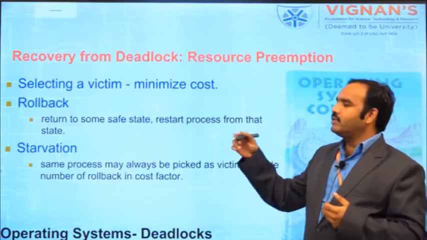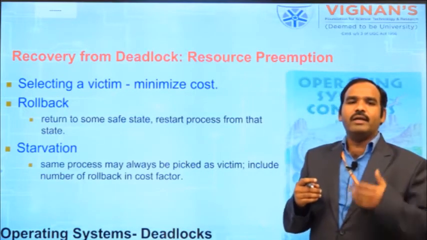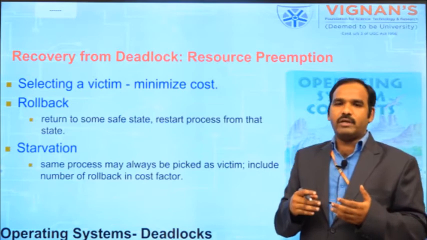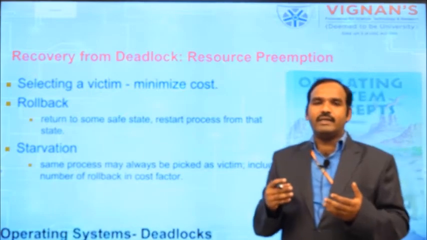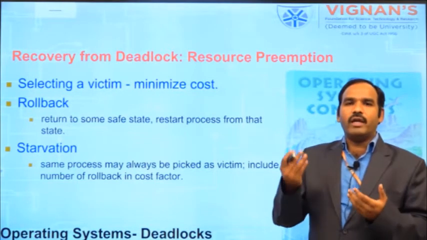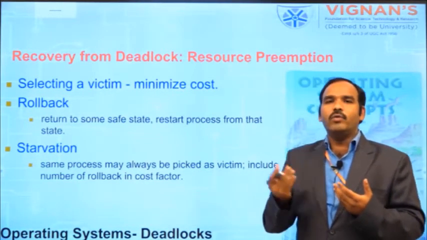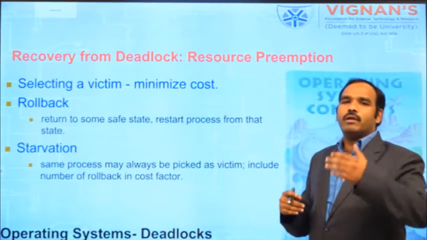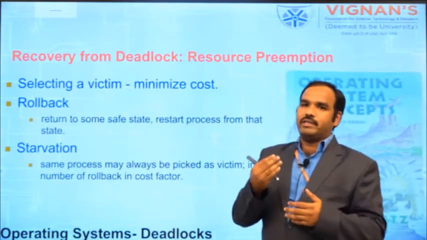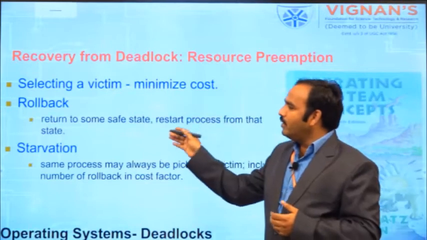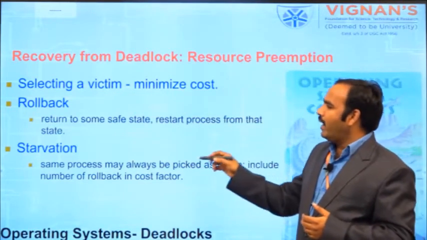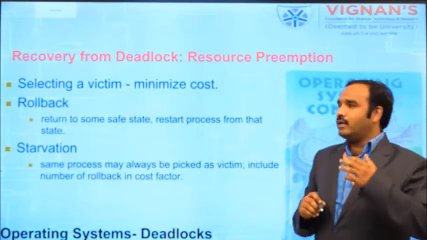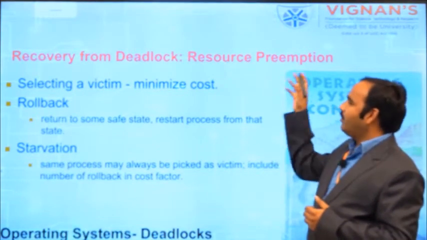And second way is rollback. So whenever the deadlock is detected, during the execution of every process, we will maintain the states of a process. Once the deadlock is detected, then apply the rollback. When you want to take the resources from that process, you apply the rollback option. Once you applied the rollback option, the process will go back to the previous state. So from that state, the process will continue the execution. So here with that rollback, return to some safe state and restart the process from that state. This is the actual second way to come out from the deadlock with the help of resource preemption.